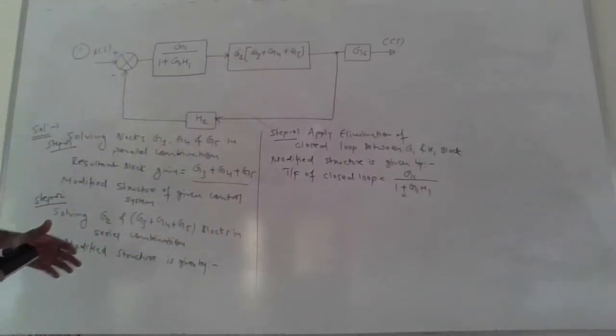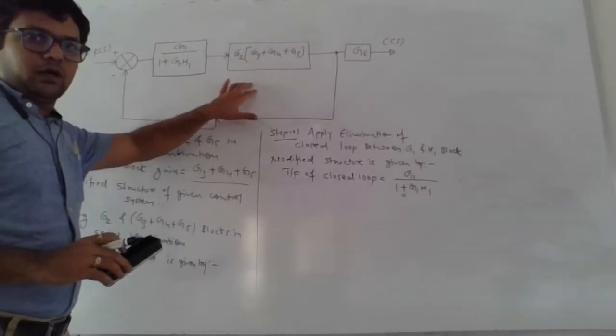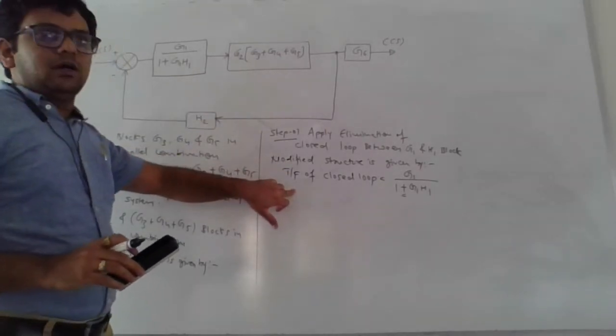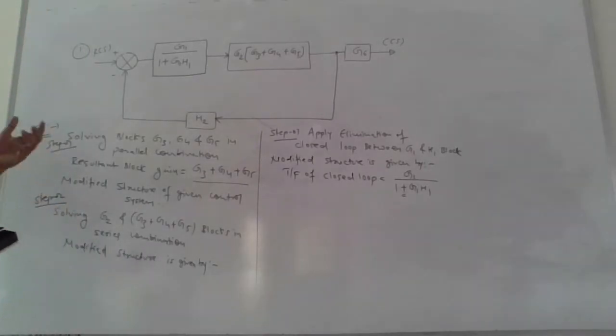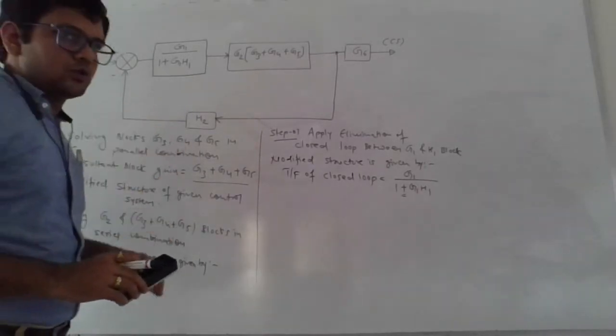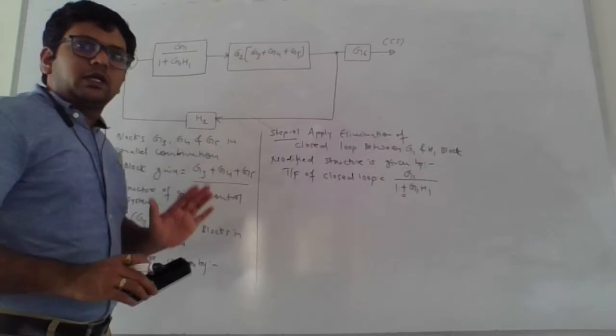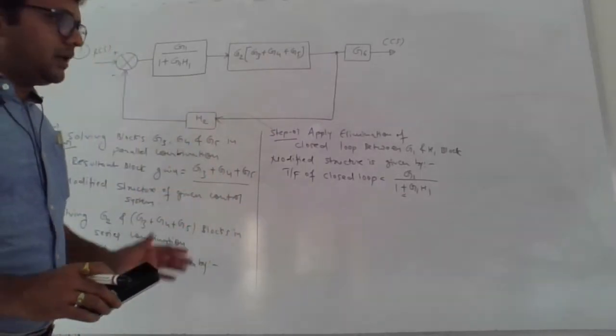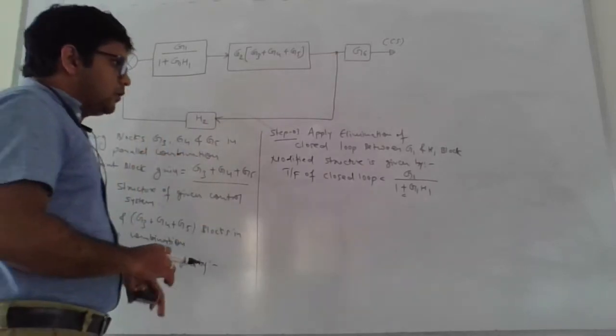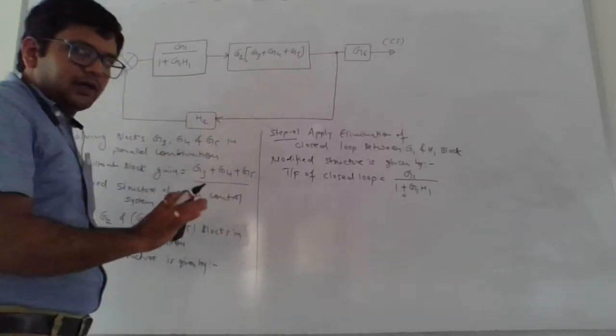So this is nothing but the reduced version of our given control system after step number 3. Now again we need to identify whether they are in series, parallel, or we need to apply the concept of elimination of closed loop, and then finally our objective is to find out the overall transfer function of this control system. So ultimately your final answer will be complete when you have a single block of the given control system.